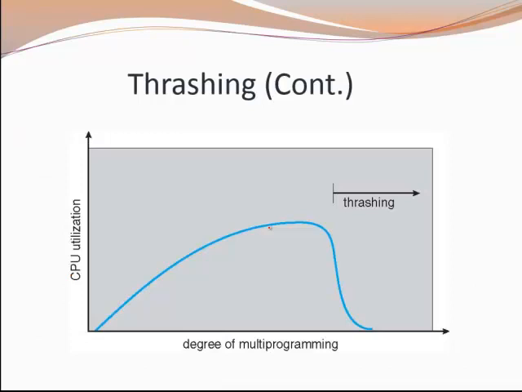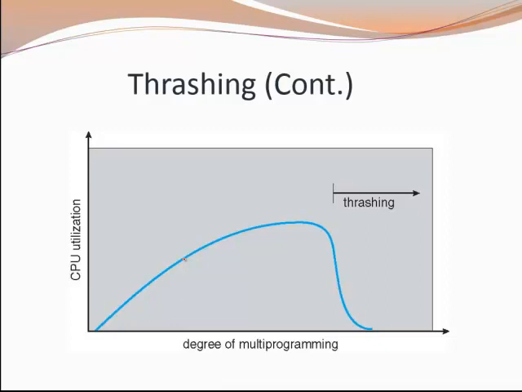With the help of this diagram, we can understand the concept of thrashing easily. This diagram is a graph between CPU utilization and the degree of multi-programming. Initially, when we increase the degree of multi-programming using demand paging, we transfer only the demanded pages from secondary storage to primary storage, so there is a lot of space available in physical memory, and we can load other processes or some pages of other processes. In this way, we increase the degree of multi-programming. As we increase it, CPU utilization normally also increases, because when the CPU has a problem executing one process, it switches to another process.